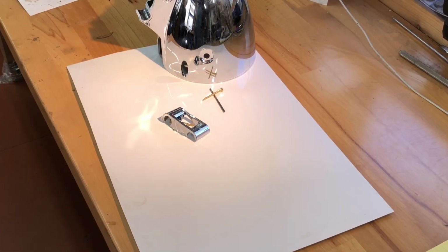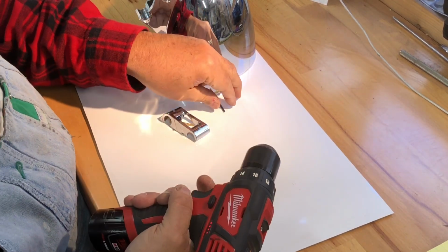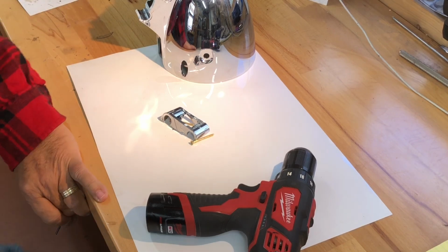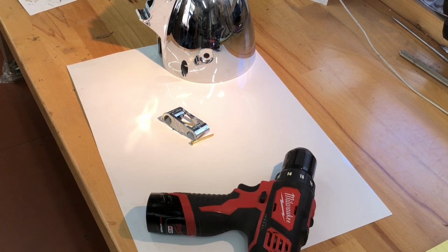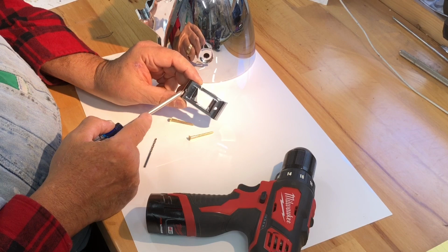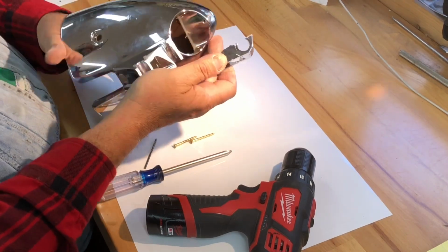Okay, I got an idea. Just a second. Yes, I'm going to glue this, and probably send that part back, because this is going to work. Let me get a tiny little screwdriver. All right, I've drilled some 1/8 inch holes. This is the part that broke off right here. It will glue back on,